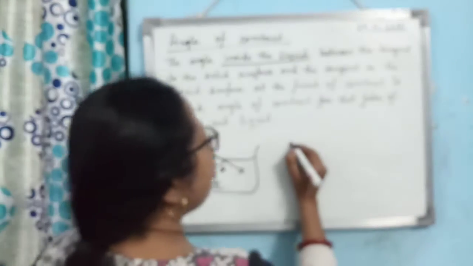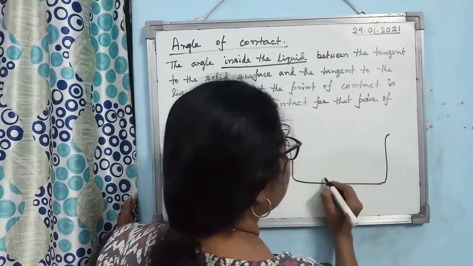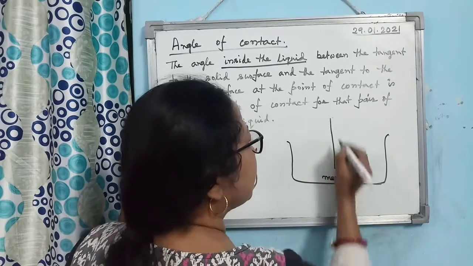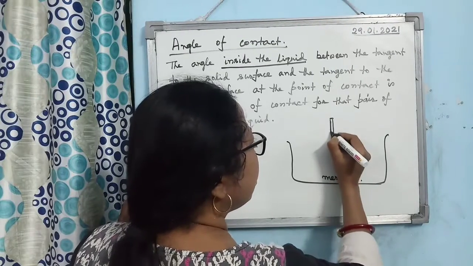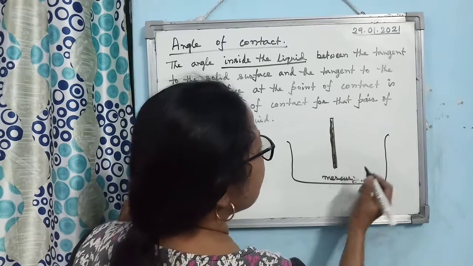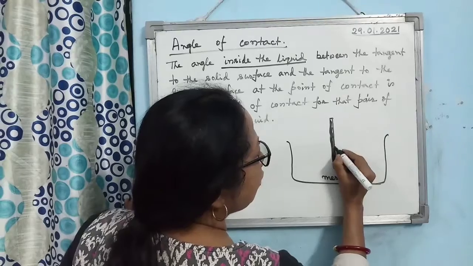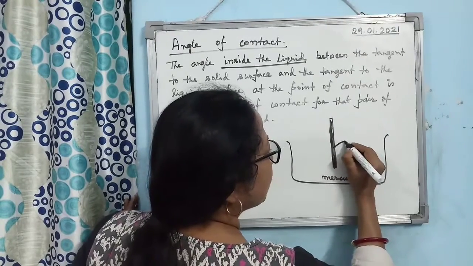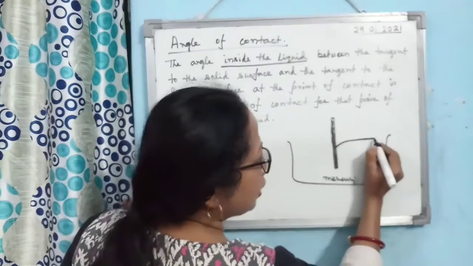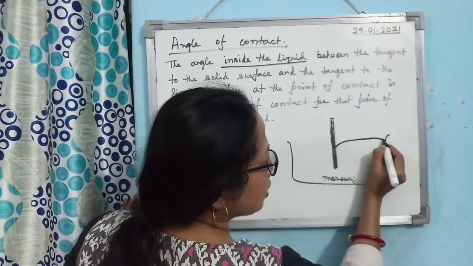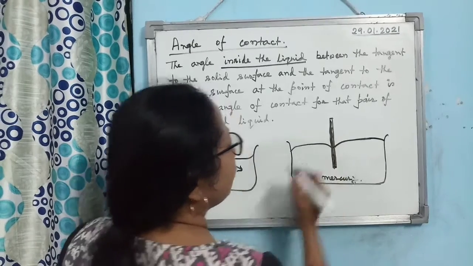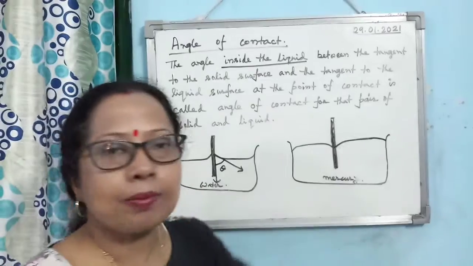Clear? Now, suppose you take mercury in a container and you have dipped a glass tube within it. Now, you know that at the point where the mercury is touching the glass, it is convex upward. Then again it will be plane, because the molecule is not in contact with the glass. Again near it, convex upward. So here again convex upward, then plane, again convex upward. This is the shape of the liquid meniscus.